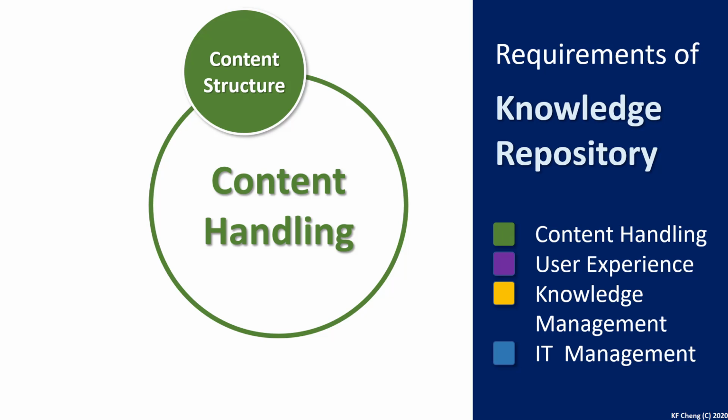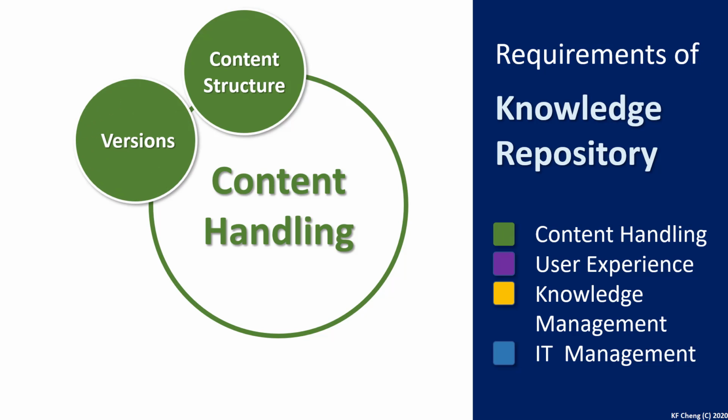In some cases I might require to have related topics automatically displayed on the side, or in another case I wish to see other content on the side that come from the same author. Versioning is another issue. I would wish to be able to update a piece of content, while still maintaining the previous versions. I would also wish to have a space where I can record what has been changed in the new version. If possible, it would be even better if old versions can be automatically saved.